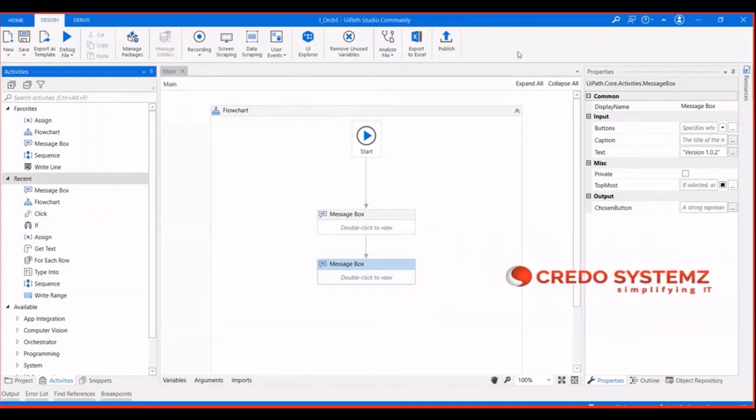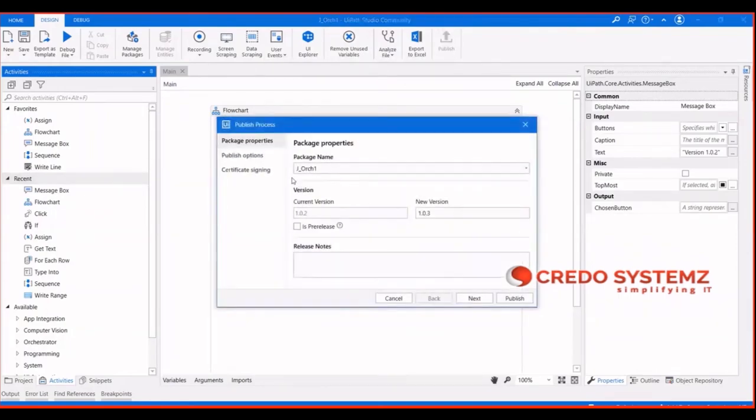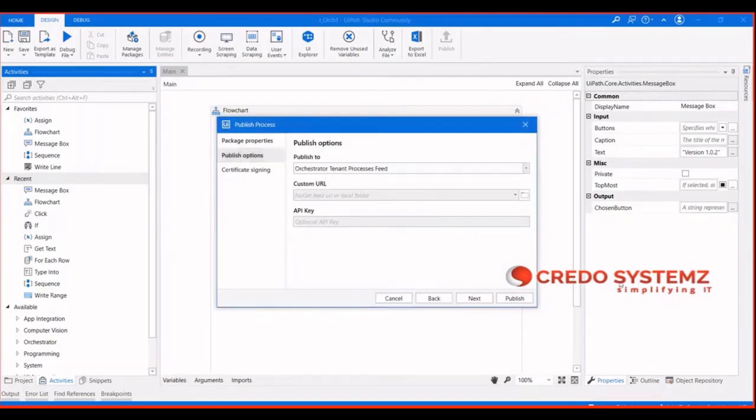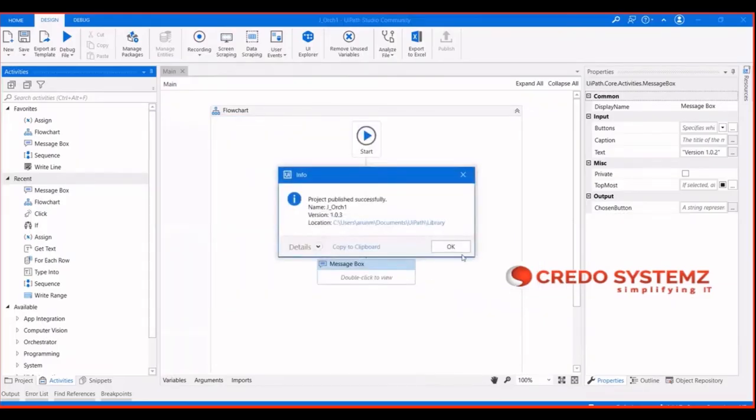You are going to publish, but instead of publishing to the Orchestrator, the Orchestrator won't be visible. If I'm disconnected, the Orchestrator will not be visible. Only custom will be visible. So you go ahead, and this is your custom folder. You publish it here. Automatically, in this particular folder,